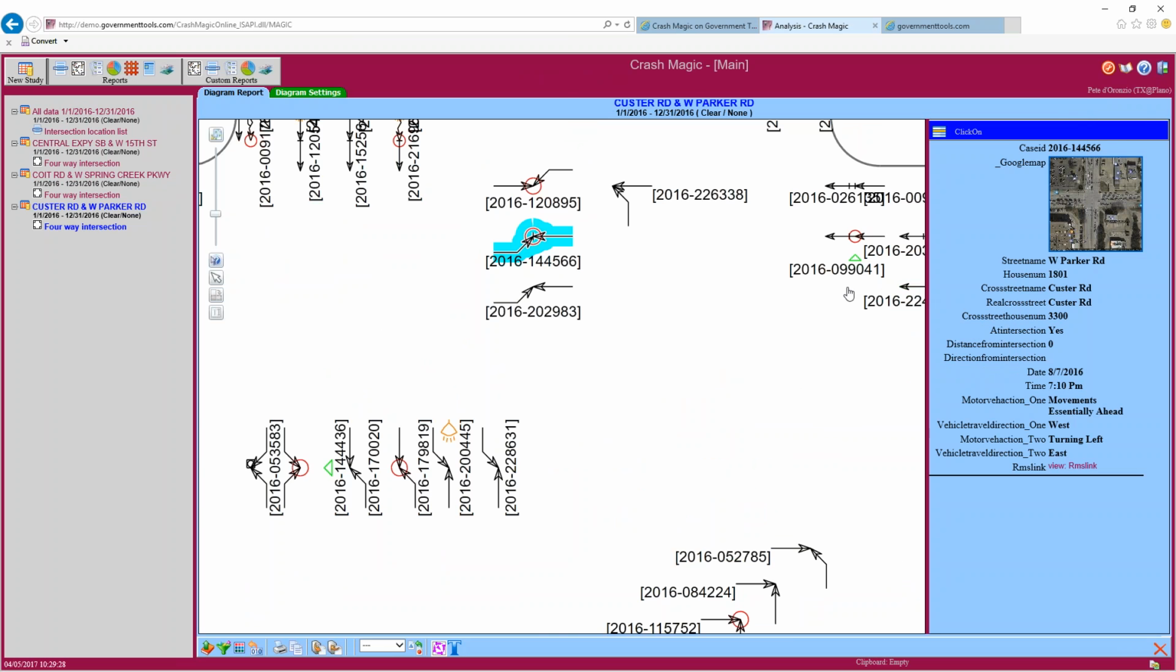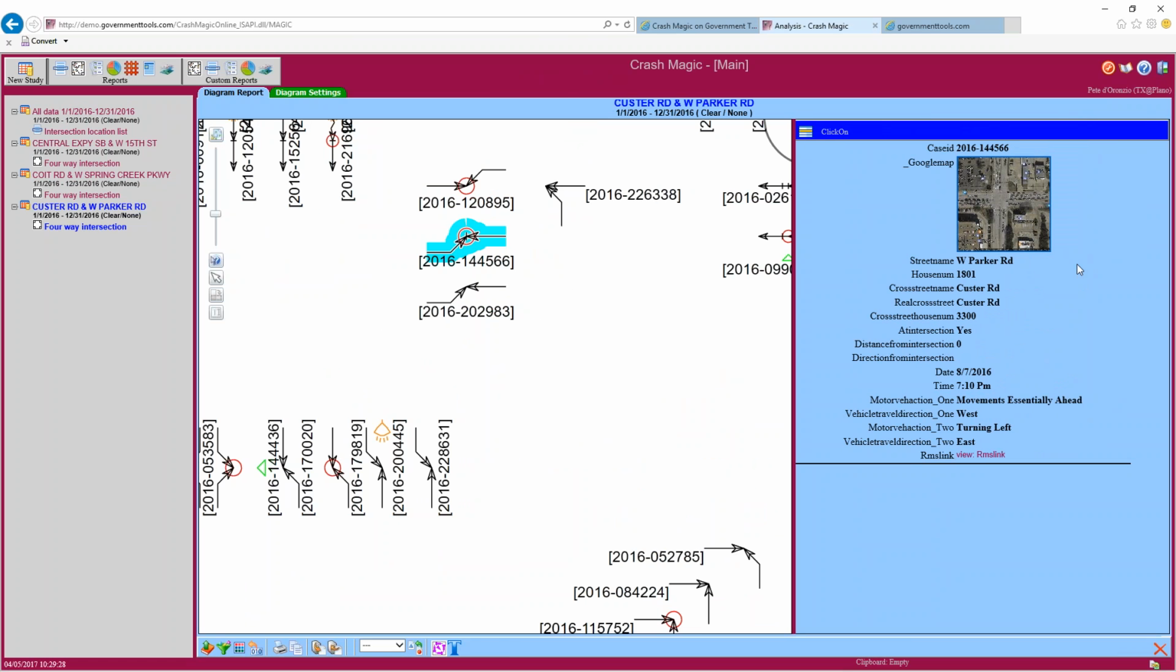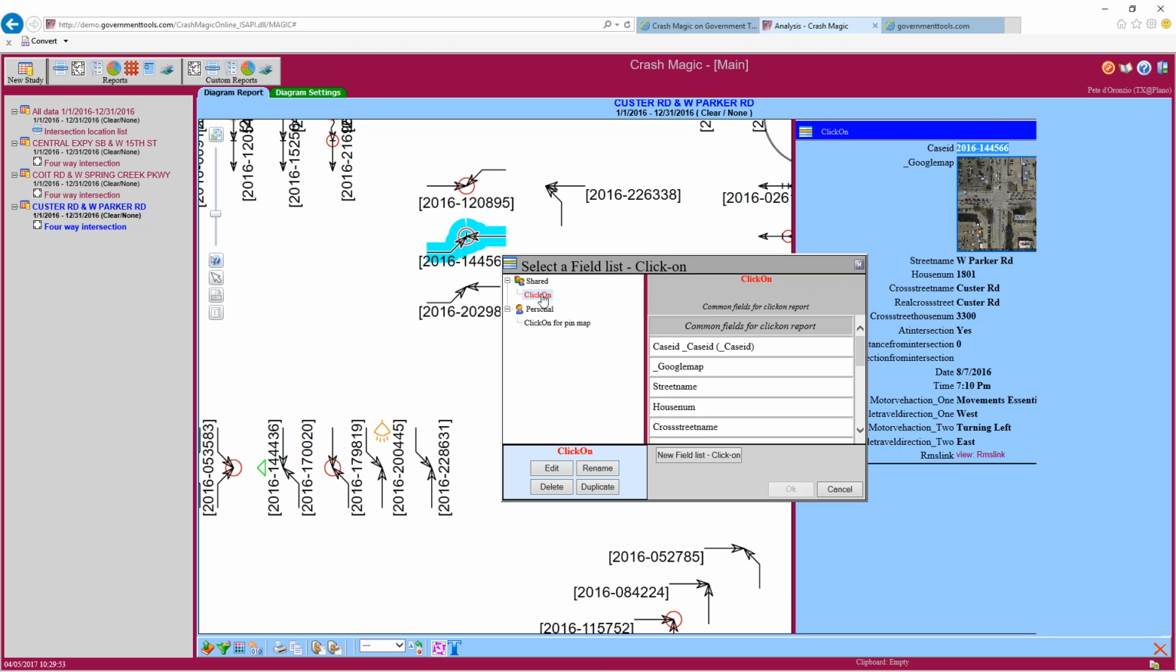When you click on the crash graphic, the right-hand side of the screen shows you data that you've chosen to see, or fields you've chosen to see related to that crash. So this is that case number that we're looking at right here, and these are the data values that went into creating this collision graphic here. Most of you, when you first click on it, will actually see,